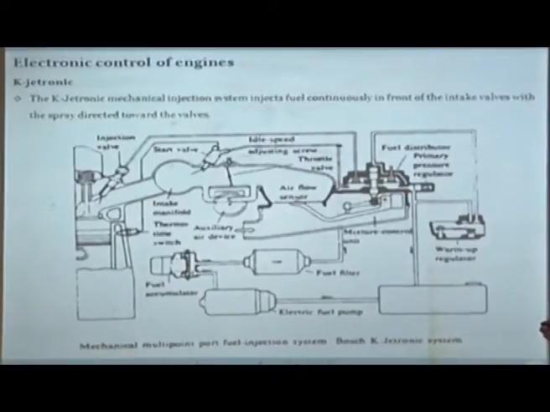So here the airflow is coming in, this is the airflow sensor, and what is done here is that when the air is coming in, and this is the throttle body, obviously this arm will lift. So the more the air flow rate, the more the arm will lift, that means more air is going in, so more fuel has to go in, and this in turn goes to the fuel distributor. Suppose this is a 4-cylinder engine, so 4 such pipes will be going to each of the cylinders. Okay, and the more this lifts, the higher will be the fuel quantity going into each cylinder. And this is continuous injection. So this is the K-Jetronic system.